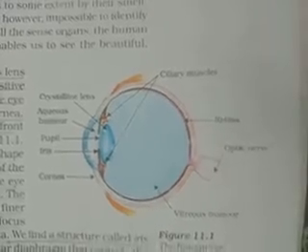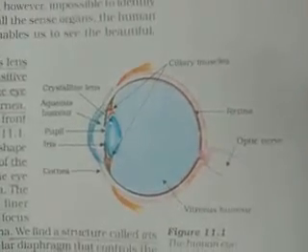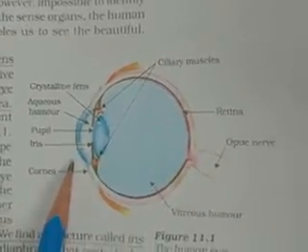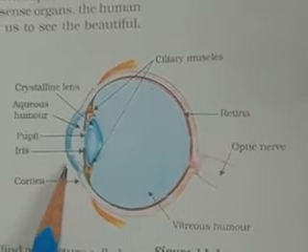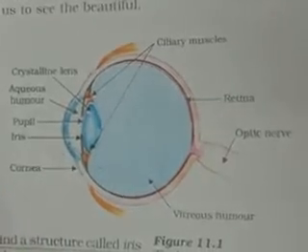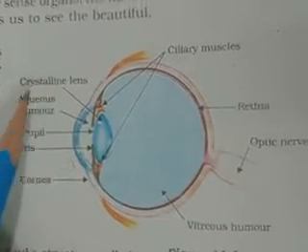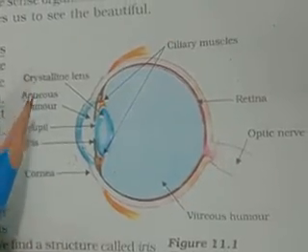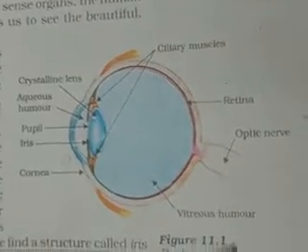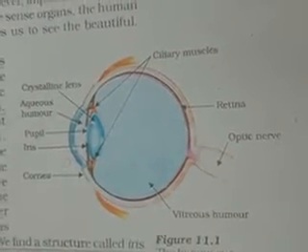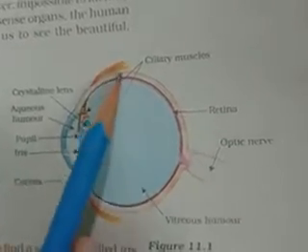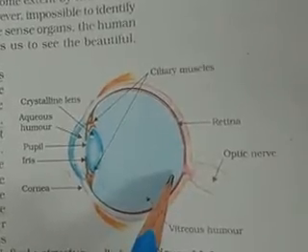Mainly the human eye is constructed of two main parts. One is the retina, another is the cornea. These are the two most important parts of the human eye. Besides the retina and cornea, you can see the diagram in your book, page number 186. There are many labelled diagrams of the human eye. One by one I am going to explain to you. This bulging part is known as the cornea, and the backside part is known as the retina.